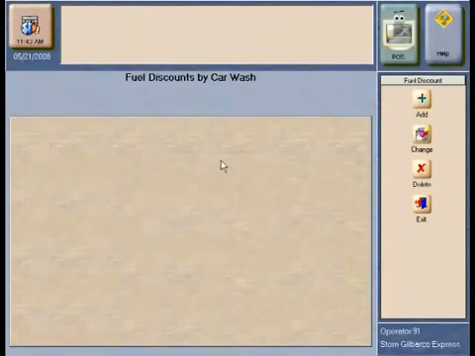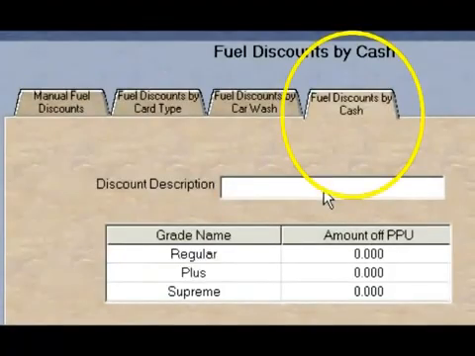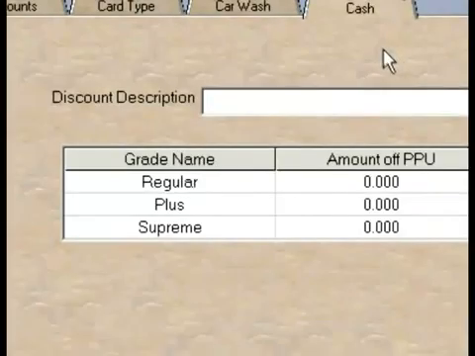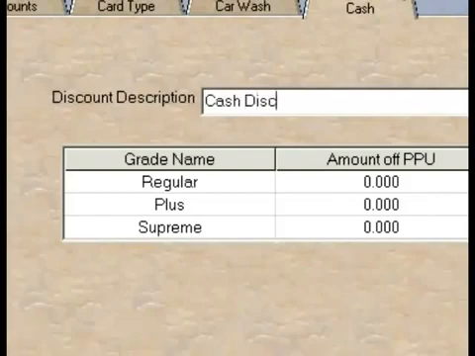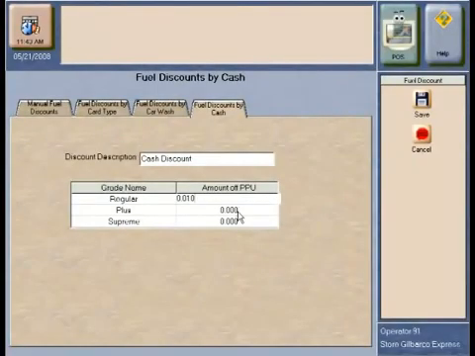Finally, to create a fuel discount based upon the use of cash, please select the Cash-Based Discount tab. Enter the cash discount name that you desire and then select the discounts that would apply for each particular grade. Please note there is only one cash tender, so there's only one option with this type of discount. Also note that this will apply to any cash sale that includes fuel both inside and outside through the use